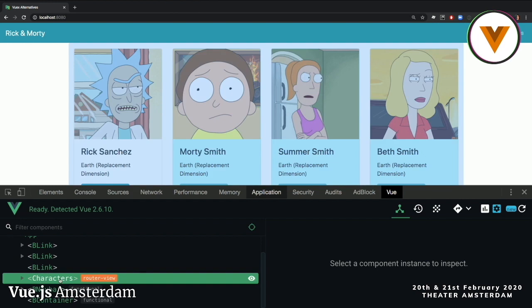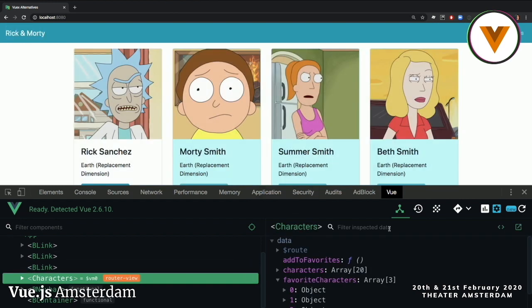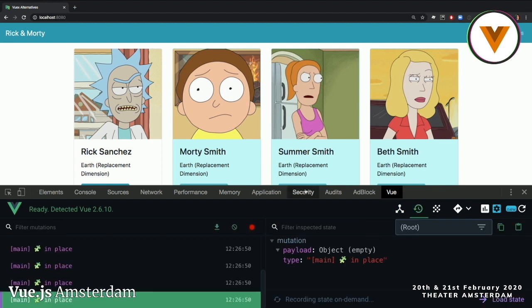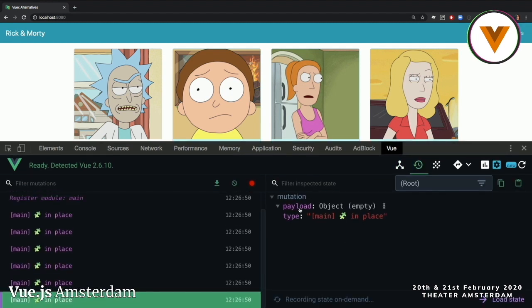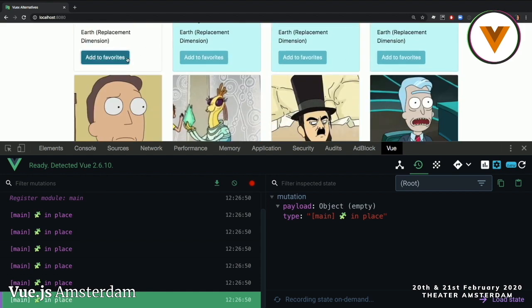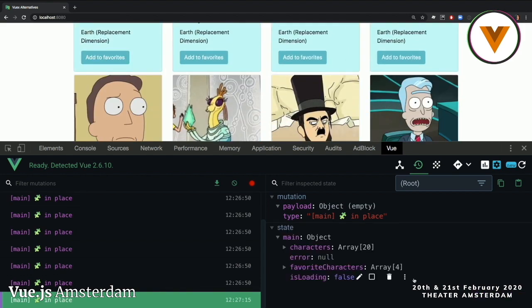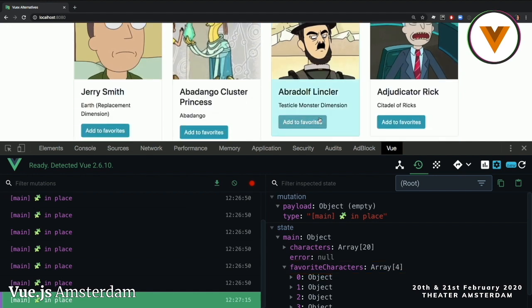So let's go to characters. OK, not to characters. Let's go to actually the Vuex tab. It's really funny because Pinia is using the Vuex tab. Well, I'm saying we don't use Vuex, but we kind of do. So let's add something here and load the state. As you can see, state is displaying like you have it in Vuex. You can see how characters are changed. Load state again. Unfortunately, there is no payload here, not displaying so far, but I believe it will be changed.